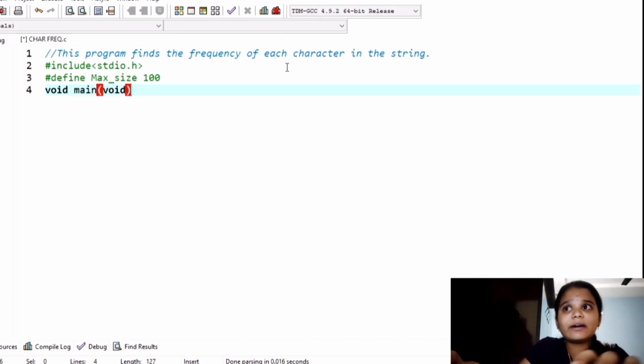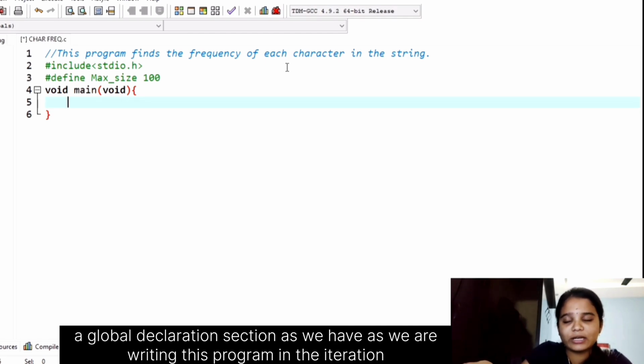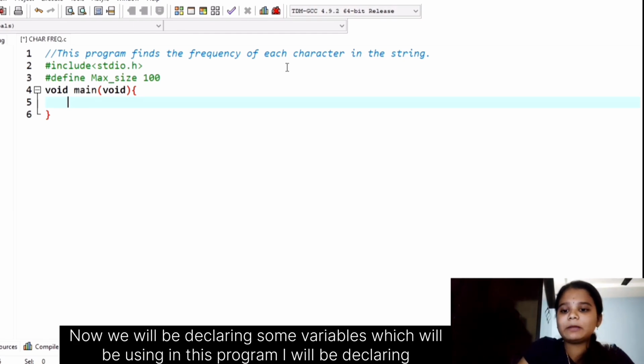Then the main section. As you can see here, we did not use the global declaration section because in this program we don't need it, as we are writing this program in the iteration programming style. Now we will be declaring some variables which we'll be using in this program.